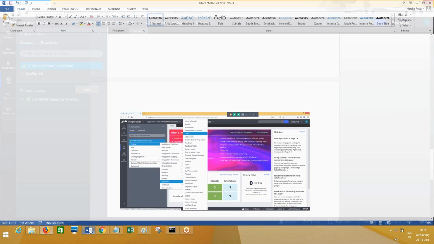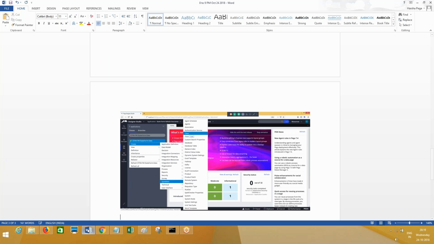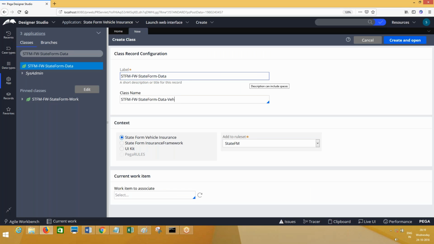So here you go. And after this, you need to give a dot hyphen. Give me one minute. Here, give a hyphen. And what is the name of the class? Vehicle. Copy this and paste it here in the label portion also. Same way. So this is the framework context. Are we choosing this before also? Framework application context, correct? And now create and open. You know this create and open and all.